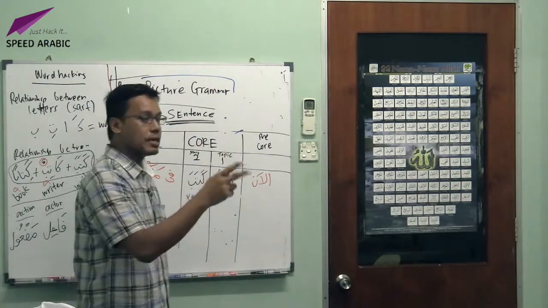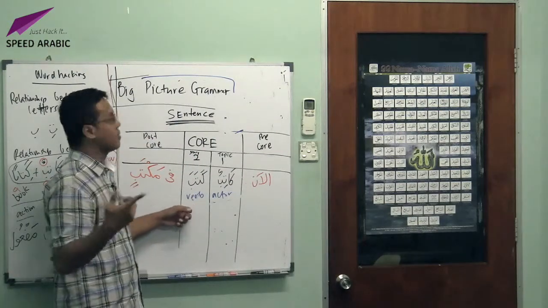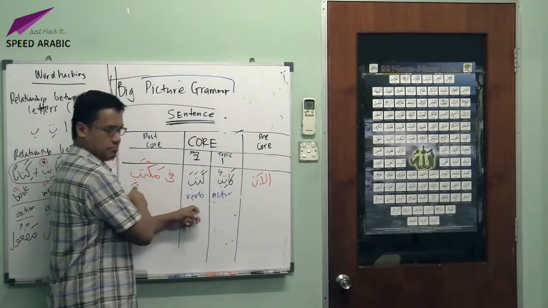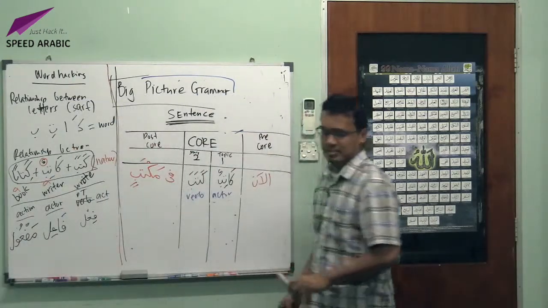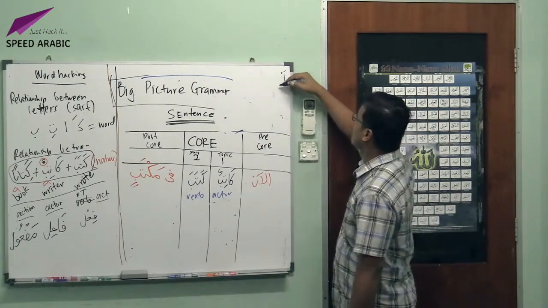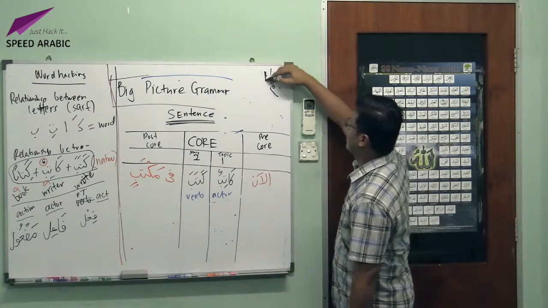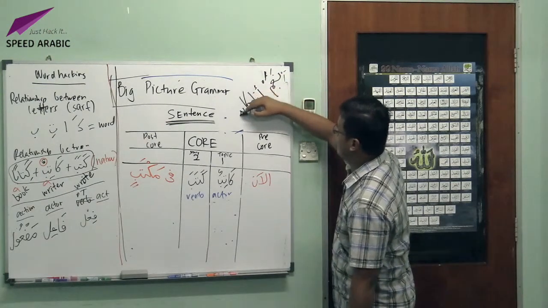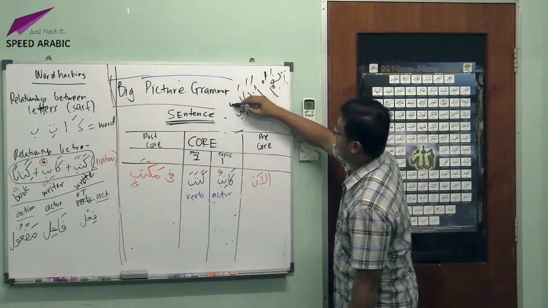The other type is called a nominal sentence. It begins with a noun. This one begins with a verb. Kataba katibun fi maktab. Okay. Since you asked, I will give a verbal sentence. Okay. I will say like, Naam, ana katibun. Ana katibun